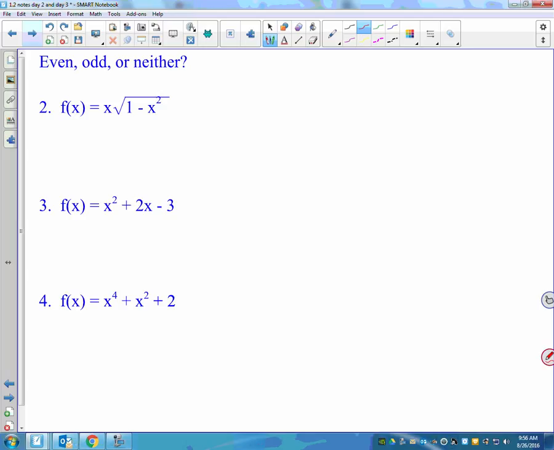For each one of these, you're going to plug in negative x for x. And what you're trying to see is if I get back exactly what I started with, that's an even function. If I plug in negative x and I get back exactly the opposite, so I can pull a negative out of everything,